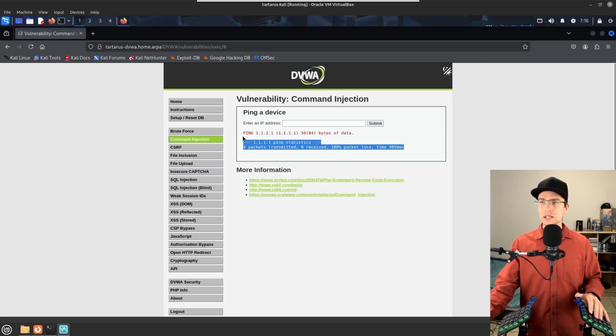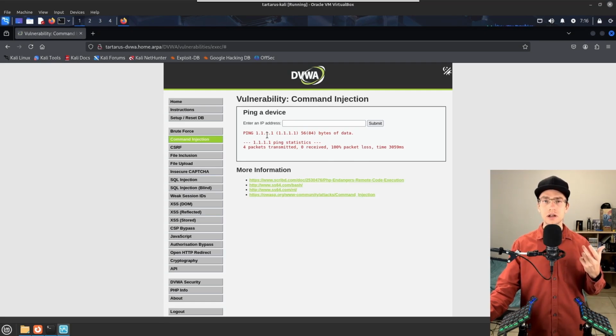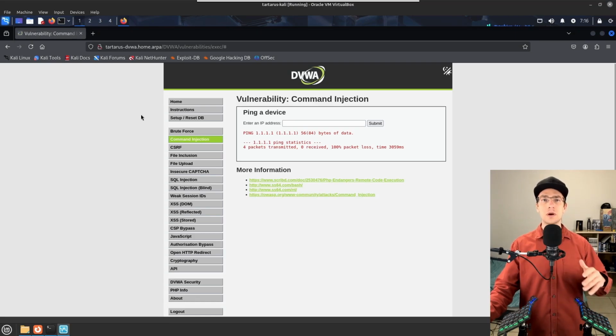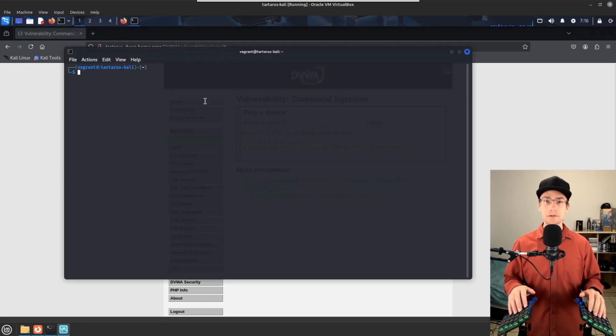So, okay, we see ping quad 1, which is Cloudflare's DNS resolver, failed because we're in the Tartarus lab and we don't allow ping to anywhere because it's blocked by default. We get 4 packets transmitted, 0 received, 100% packet loss. This should look very familiar to you if you have used any Linux operating system. It is the default ping -c 4